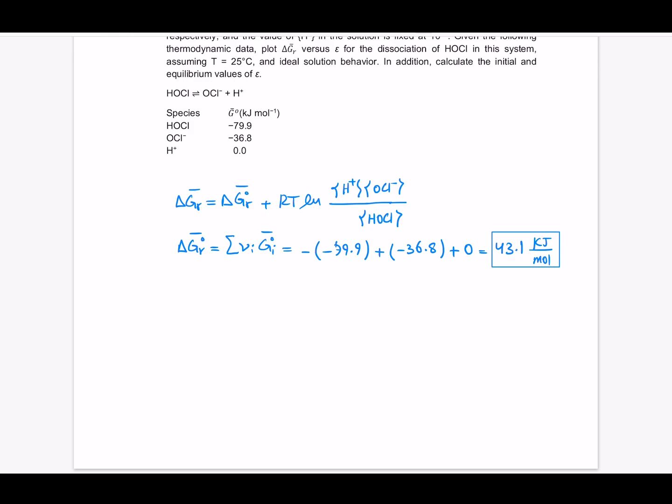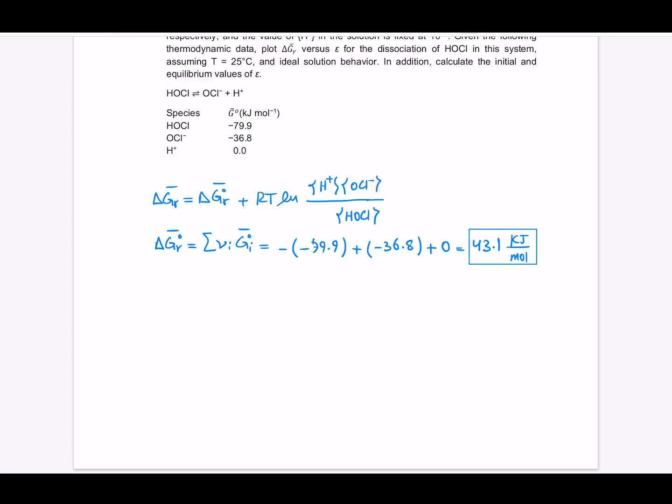Something that we need. And now we can plug in delta G0, so plug in this value here and then rewrite this one. We can easily assume that this is an ideal solution because of the low concentration and no information about the ionic strength, so we assume that the activity coefficient is 1, so the activity and concentration are equal. So then delta GR is equal to 43.1 kilojoule per mole, which is delta G0, plus